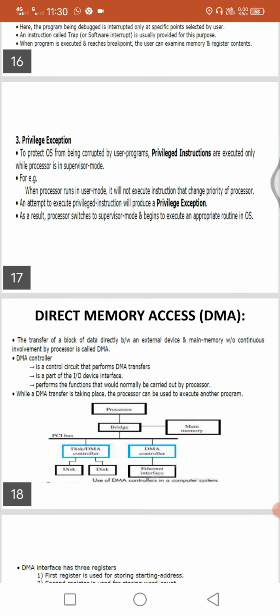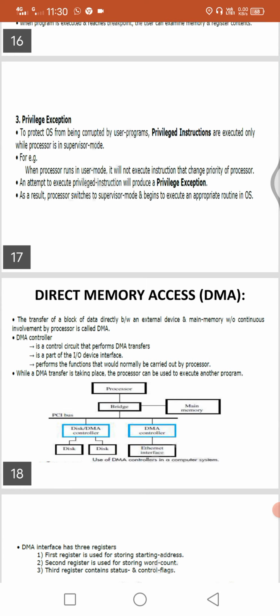For example, when a processor runs in user mode, it will not execute instructions that change the priority of the processor. In user mode it executes user programs only. An attempt to execute a privileged instruction will produce a privilege exception.